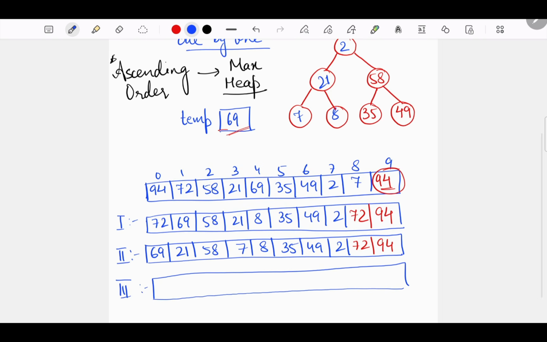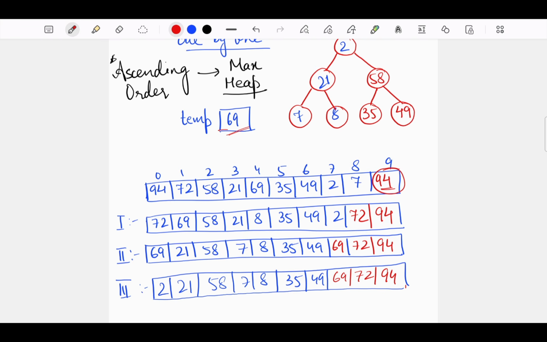So now simply let's write down the heap in the array. So see, the heap is now going to look like this, but this place is going to be vacant again. Can I store the deleted value here? Yes. Okay.